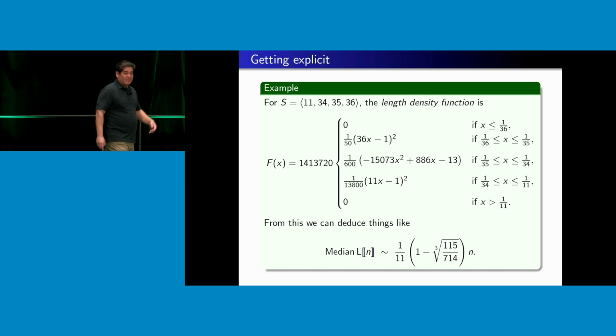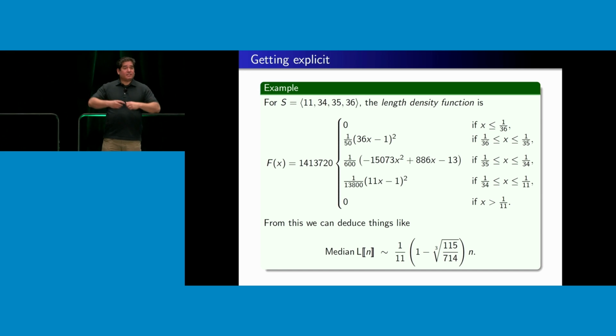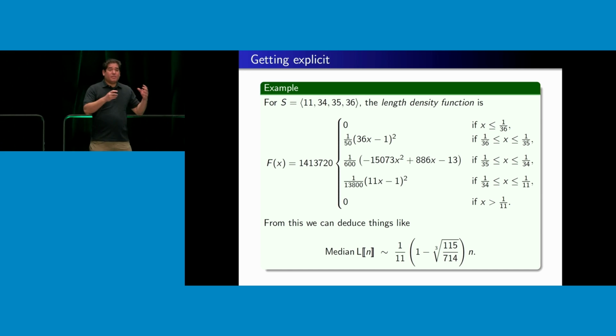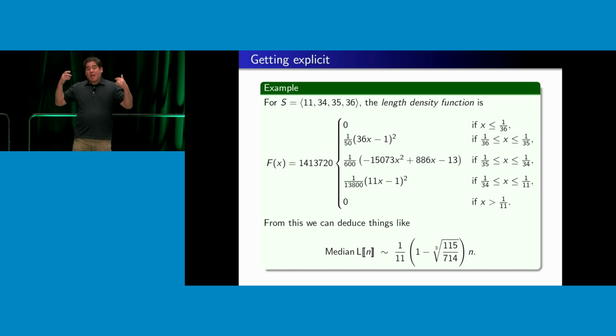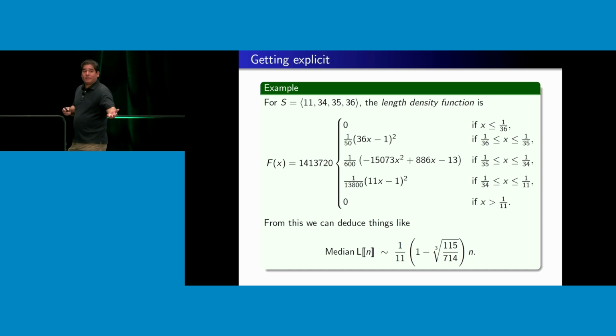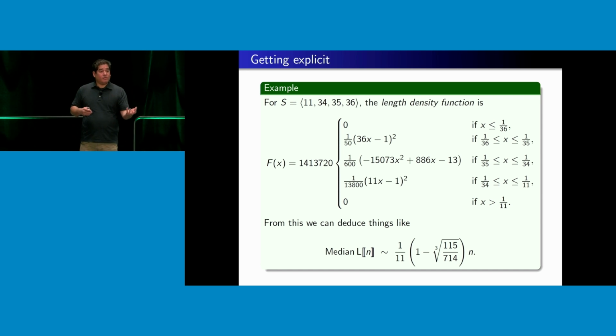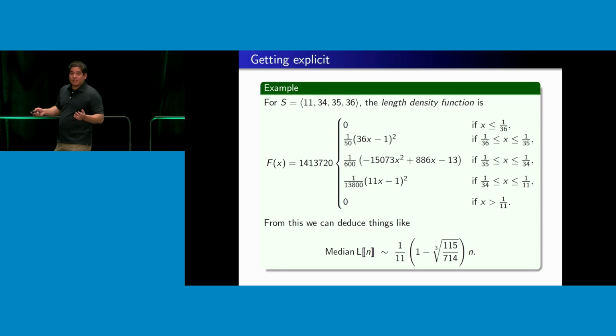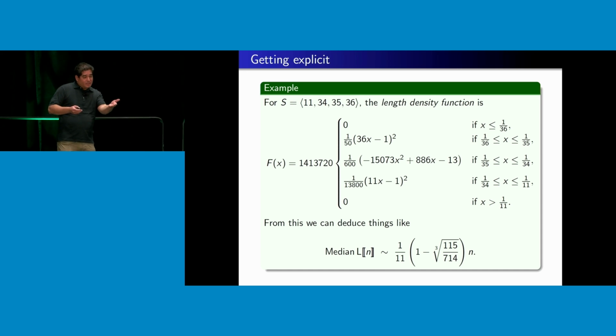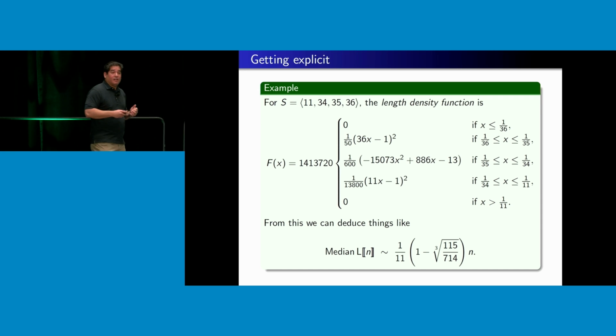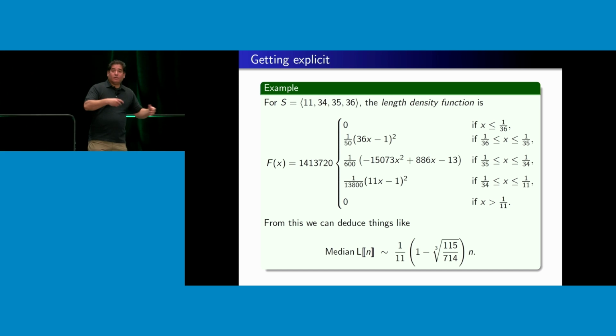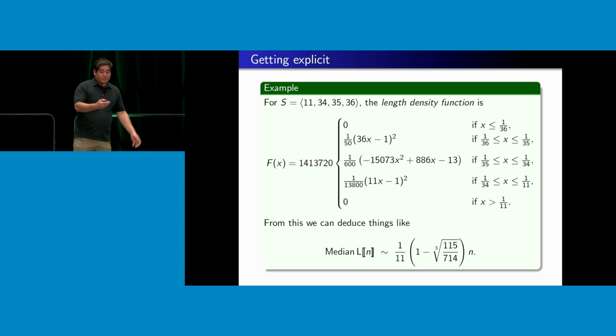So I can get something like this, that for this semigroup, as n goes to infinity, the asymptotic median factorization length is that ridiculous linear function. And I think it would be hard to figure out what that constant factor is without being able to work on the continuum side and being able to throw this capital F function into Mathematica and have it grind it out. You're not going to see this ridiculous constant there by just counting stuff and trying to extrapolate from the discrete side.